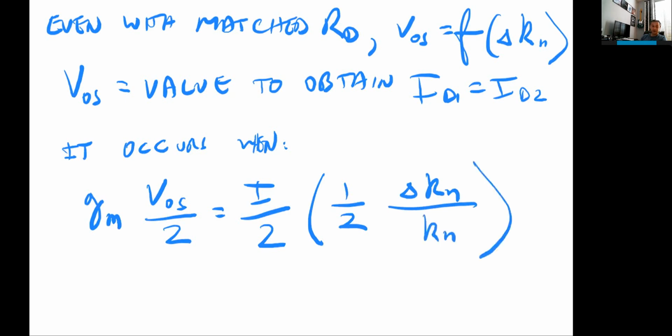So that happens when that expression is true. So essentially, I get exactly the same currents, and then I can solve this expression for VOS, and that would give me that voltage, and that is